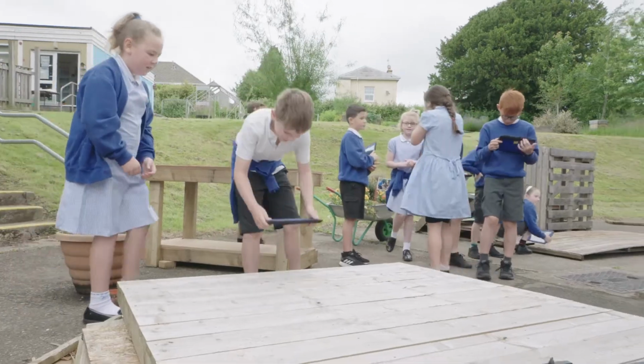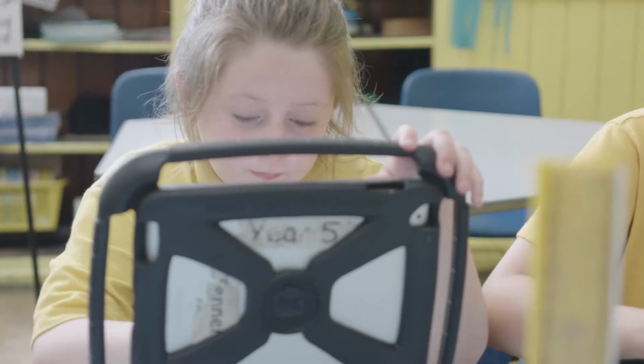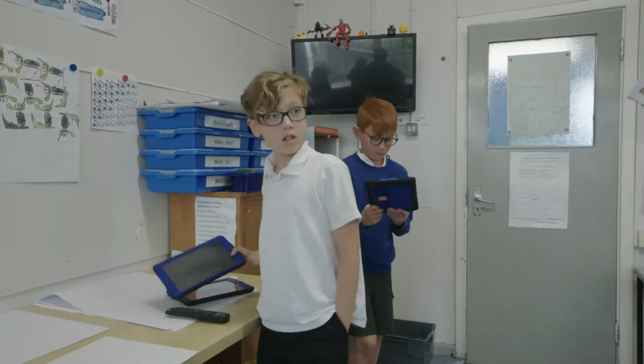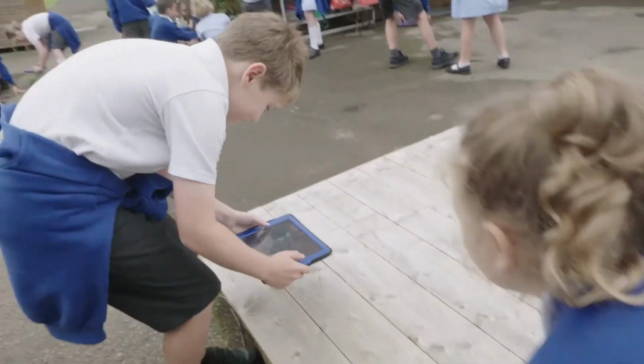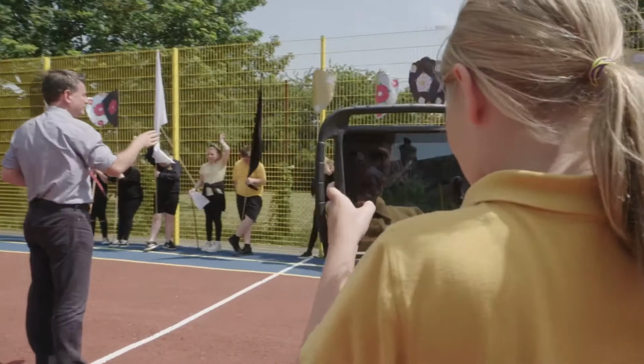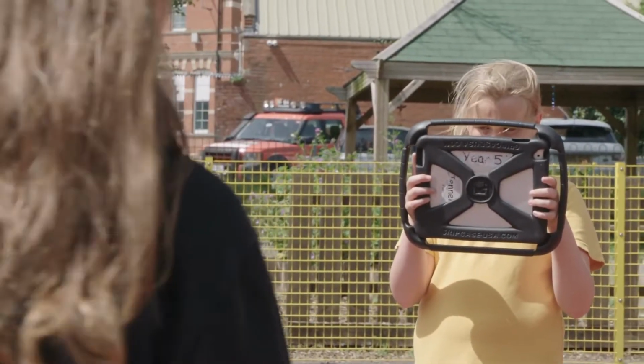Photography is a simple and rewarding way for your young learners to use ICT to create fun and striking images. Whether they use an iPad or a stills camera doesn't matter. Photography is a great way to introduce the principles of creating striking images and can be applied across the whole